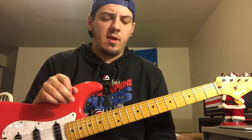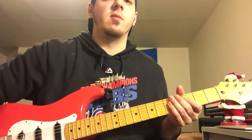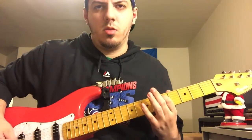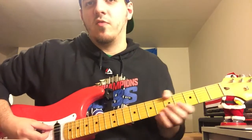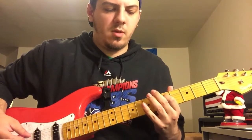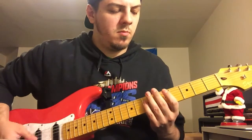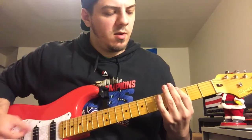Back into the chorus, and then there's like a bass part, and you hear just bass, and then the guitar comes in, and it's this little like... So just gonna kind of slide to the 5th fret of the A, and then kind of bend it up and down a little bit, so it's just like a... And then the guitar comes in with like a... So that riff is...